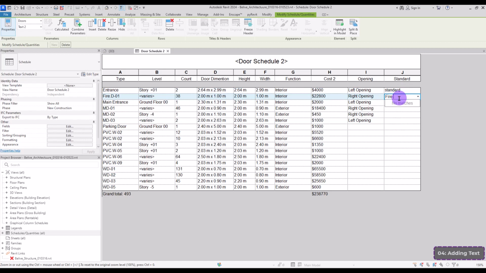This fire door is a fireproof door. Main entrance is again a standard door. For example, these PVC doors are waterproof, and select the waterproof for all of them. This fire door is a fireproof door, or this parking door is a standard door. And some other details like this could be super helpful, for example, when you want to buy doors for